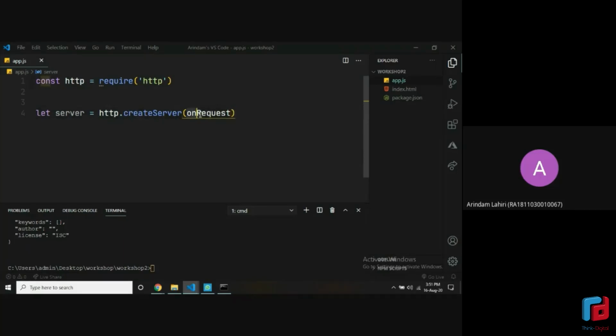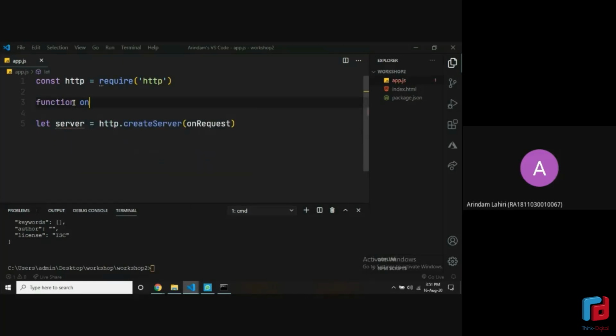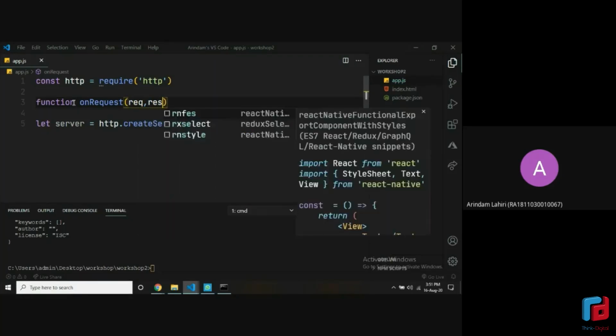This onRequest is actually a function which we'll be writing. It's not something built in. We'll be writing this function, and that will handle whatever requests this HTTP server gets. All right. So let's just code out this function also. function onRequest. And here comes the most important part in backend development.